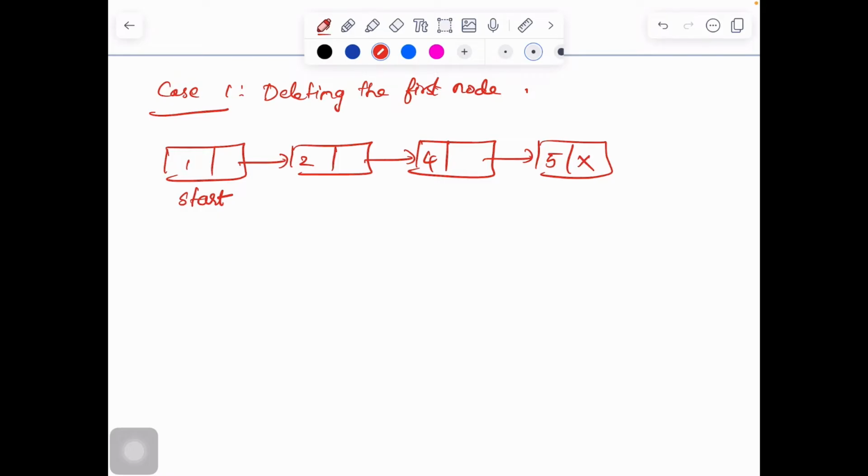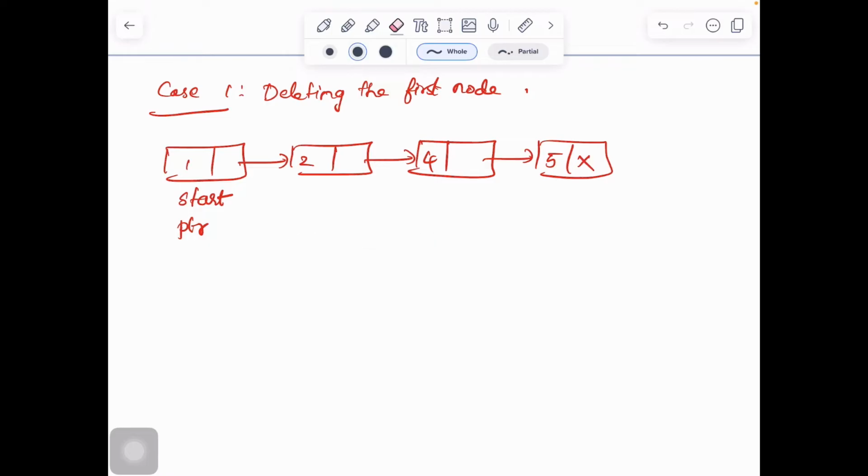What is the other variable that we'll be using? We'll be using a variable called ptr, which will point to each and every node of the linked list. If you have to traverse from one node to the other, we write ptr is equal to ptr's next. Hope you are now familiar with all the basic concepts.